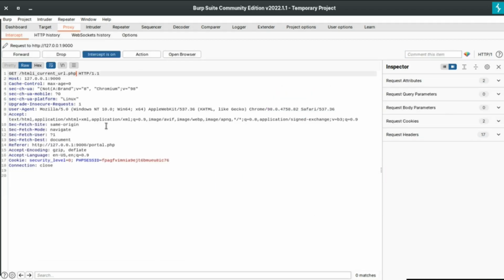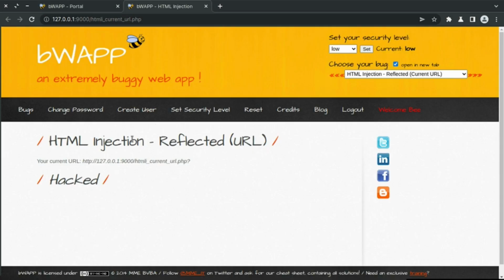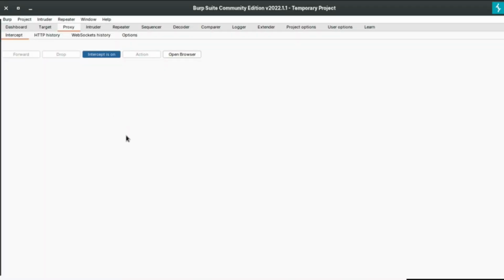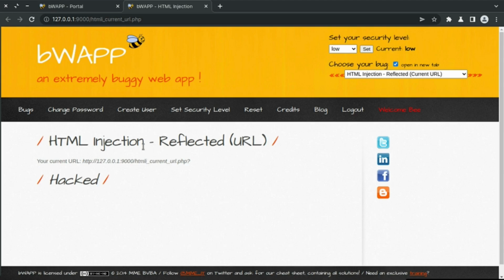If I paste this, now we need to forward this, so we will go back to our browser, the built-in Burp Suite browser. If I forward this and go back to the Burp Suite browser, as you can see the h1 tag is now displayed here. So we injected our HTML into this page using Burp Suite, which we used to intercept the request, and then we made changes and forwarded it again to the server. So that's how we can inject HTML using the URL based